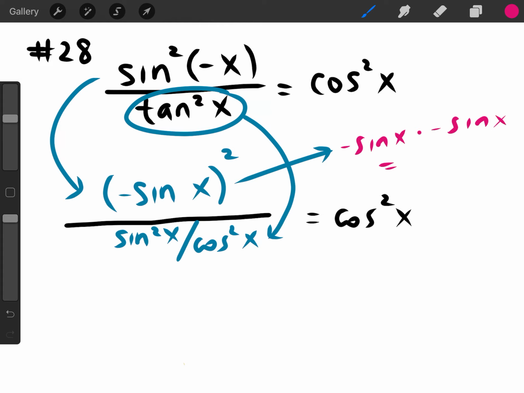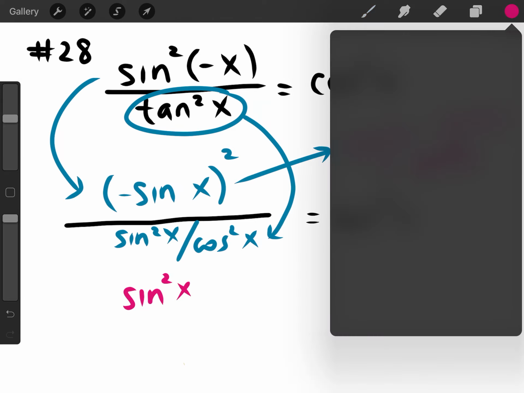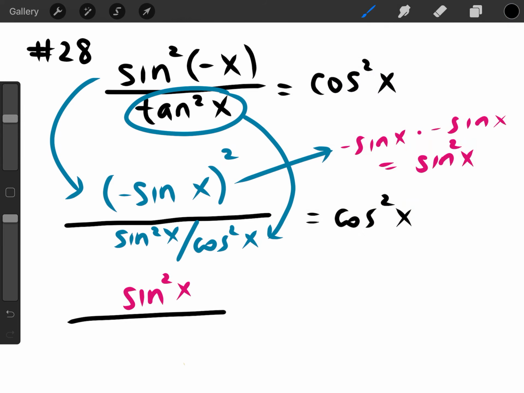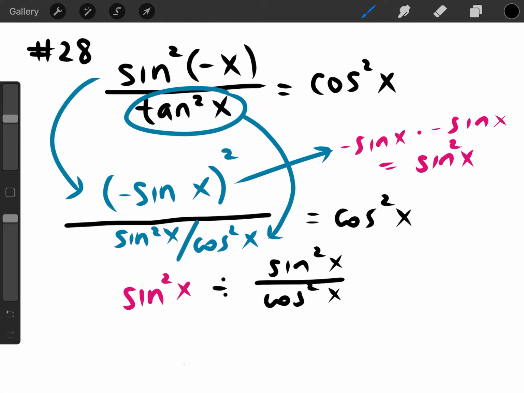Go ahead and find out. So we know that this is basically saying negative sine x times negative sine x. So this is going to equal to positive sine square x. So we can just write sine square x over, we don't have to do that anymore. We're gonna divide it by sine square x over cosine square x and see if that equals to cosine